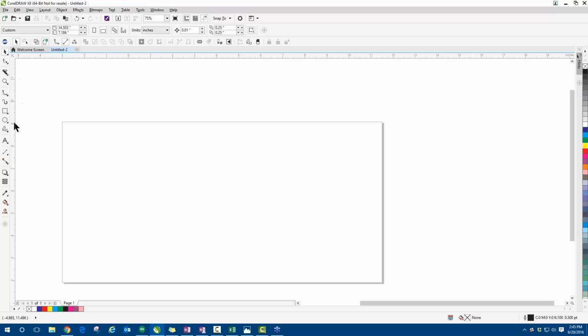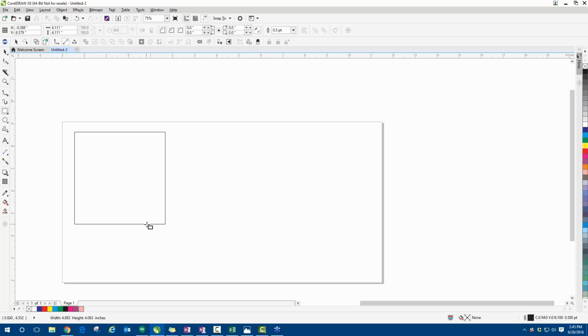All right, guys, before we get going here, I know it's already 2:45, but there are a couple different tools I want to show you real quick. The rectangle tool, a couple things behind the rectangle tool. If I hold the control key down, it's going to create a perfect square. Notice that if I'm holding control and I drag my mouse, it's not going to let me do anything but